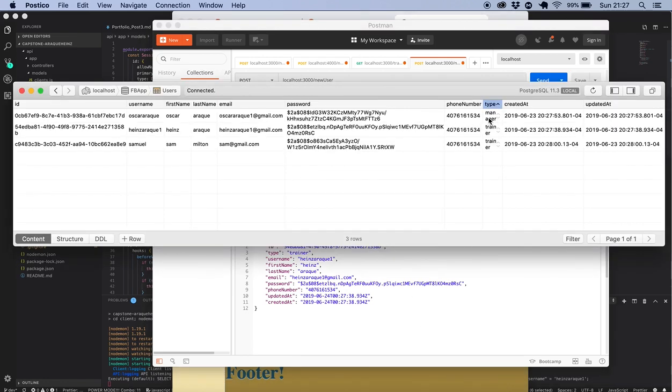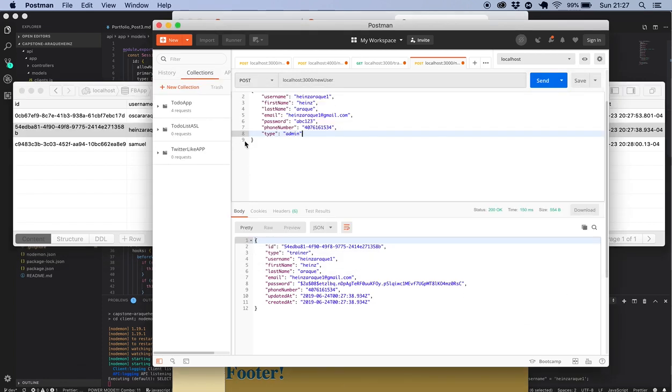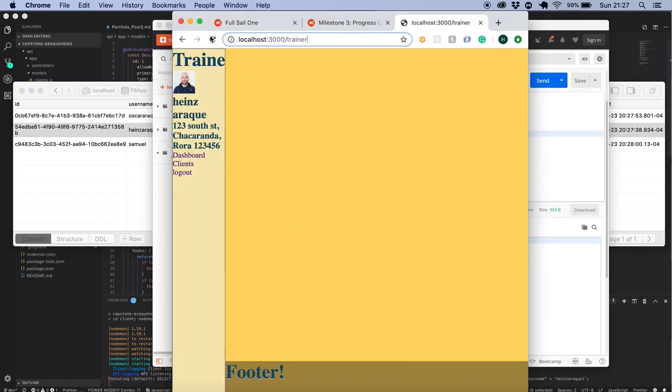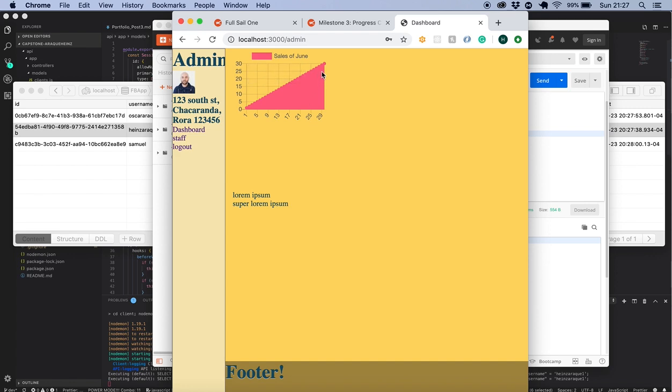So if I go here to users and I go to Heinz and I go here to admin, I'm gonna save that. That's okay. It's just for testing purposes. And I'm gonna go log out. I'm gonna try again. Heinz ABC123. So you see here, I kind of like create this table dynamically. You see like the